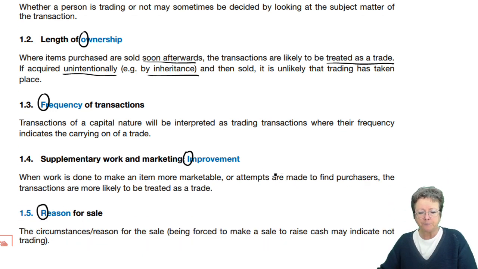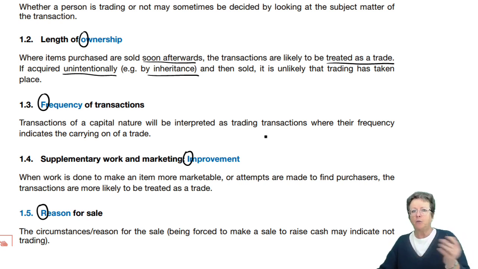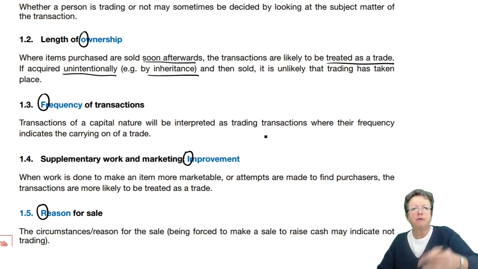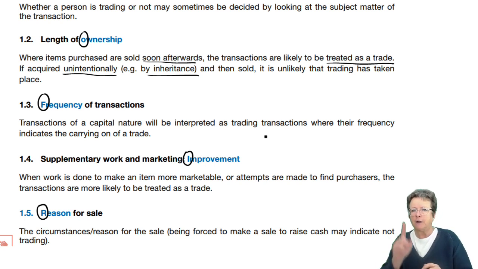Frequency. Trade is normally much more frequent than gains. Normally gains is a one-off, maybe 2 items of the same nature, but it's rarely frequent. If you're in trade and you're only selling once every so often, you're not going to make any profit. So frequency of transactions, again, that's the rule. Read the question, check from the question what the information is telling you, apply it.